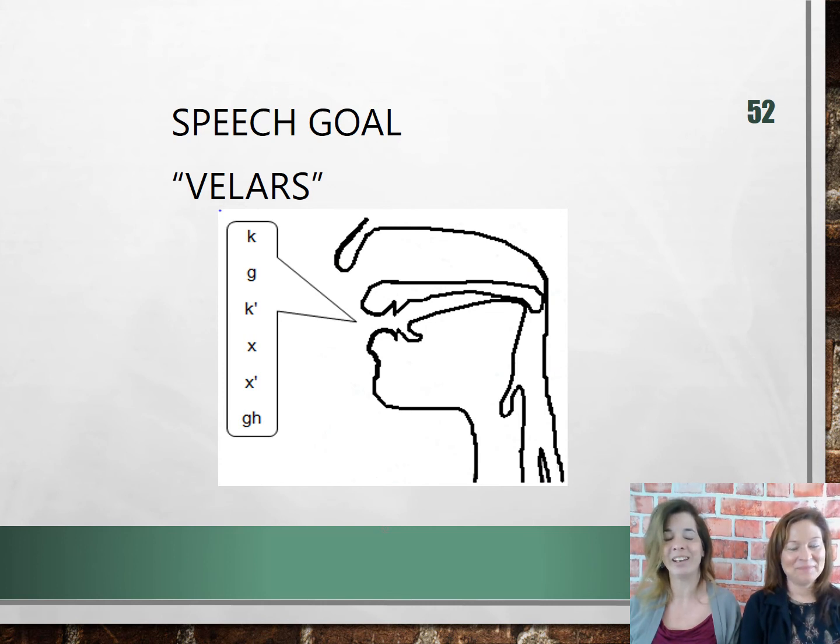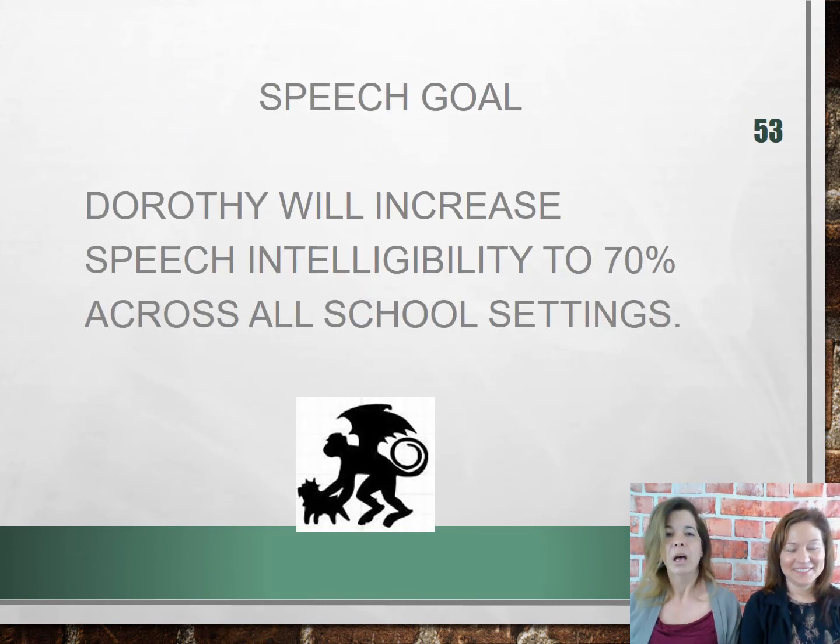It's definitely not going to be compliant. And so we can also see, here's another example. It's a common goal that we typically see too when I go to schools. This student, we'll just name her Dorothy, lives with her aunt and uncle in Kansas. She suffered a mild head injury in a tornado and has speech concerns due to dysarthria, which is, of course, a motor weakness issue. For the first area of concern, the team decided that Dorothy should have a speech goal. They wrote, Dorothy will increase speech intelligibility to 70% across all school settings.